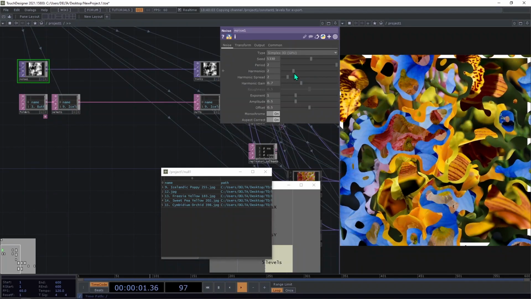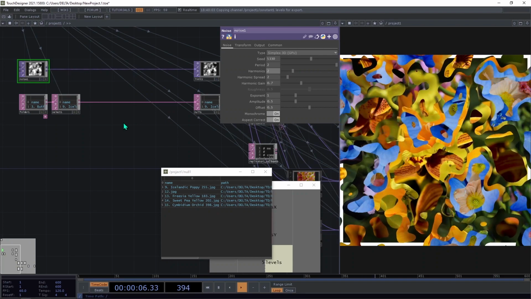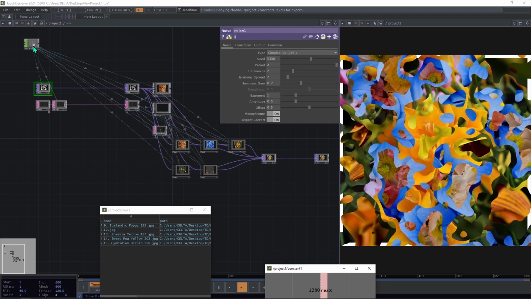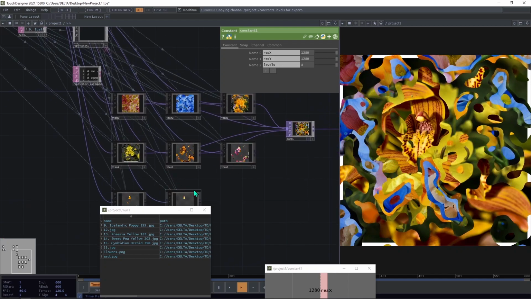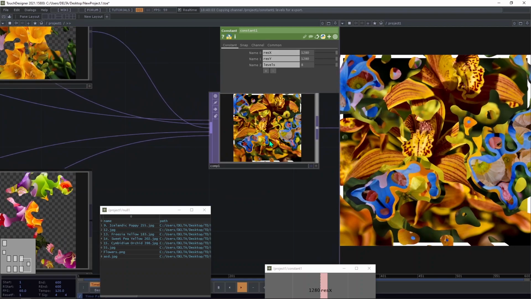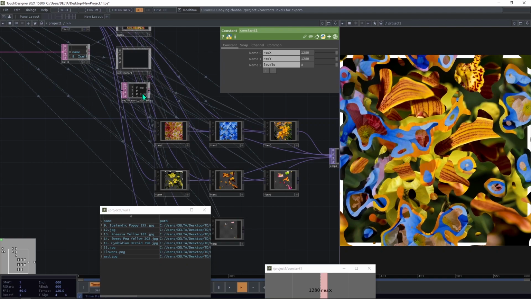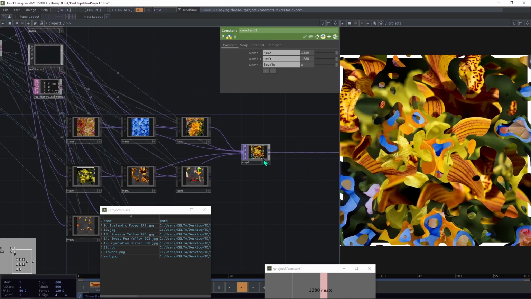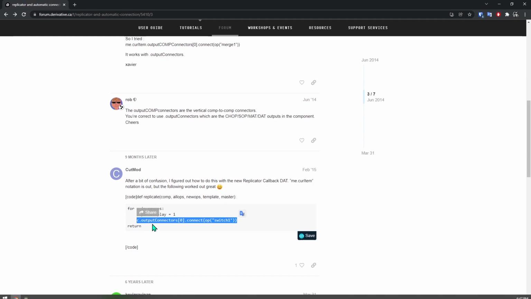You can start playing with harmonics, period, whatever you want, but there's something that is missing. If you change the number of levels, the new levels that are created don't connect to the composite, and that's because we haven't specified that we need to connect each of our elements to the inputs of the composite, and we can do this with this